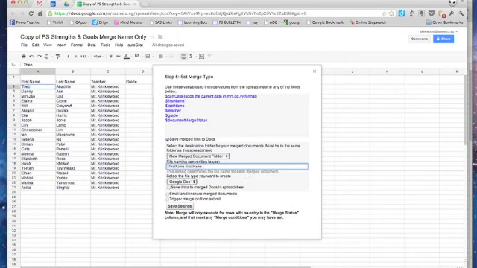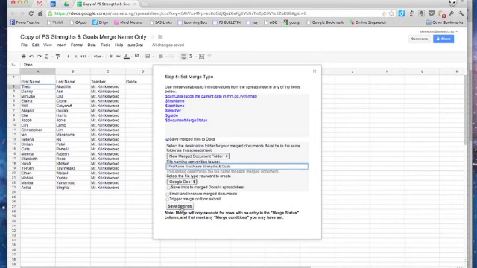And then what I'm going to do is put in strengths and goals, because what this is doing is basically you're telling it what you want each file to be called. So I want all of my files to be called by the first name first and the last name, and all you need to do is put a $ sign in front of each of those fields, and then strengths and goals after that. So we'll get, for instance, like Sean Kirkwood strengths and goals. Okay, once you've done that,